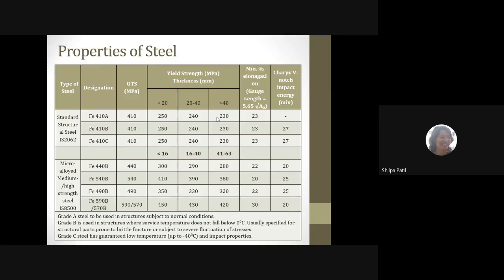Now, you need to recall the stress strain curve for steel. There are two major stages. At one particular stage, the limit of elasticity ends, and the stress corresponding to that we call the yield stress. So the yield strength or yield stress corresponding to the yielding point is the important property.